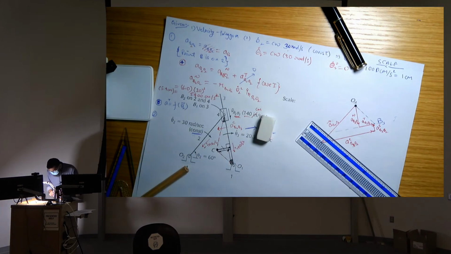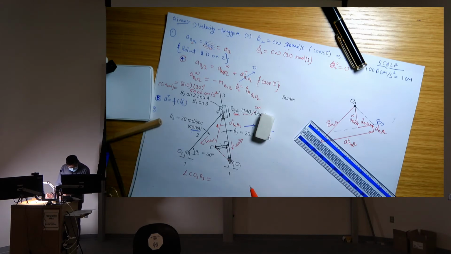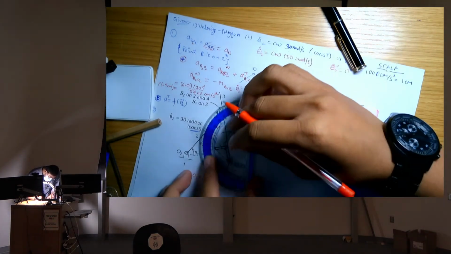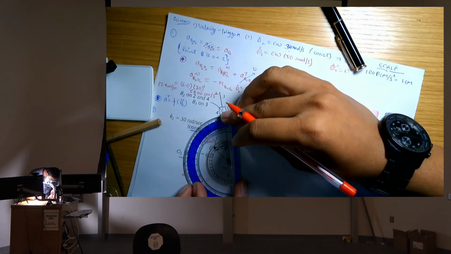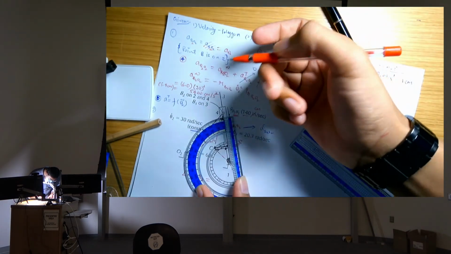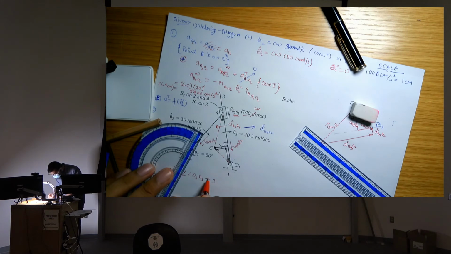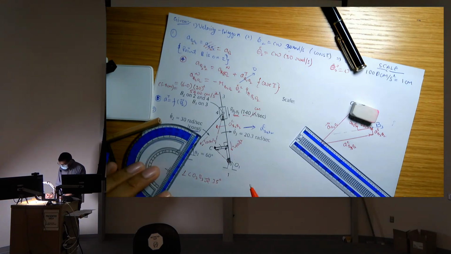So the angle C O3 B3, okay. So this angle is how much? I measured it. Well, let me just measure it again. If you don't have a protractor, and you have a compass, you can use your compass to create this angle. So it's nearly 35 that I am getting, and you can see. So I'll just take it as approximately 35 degrees, okay.